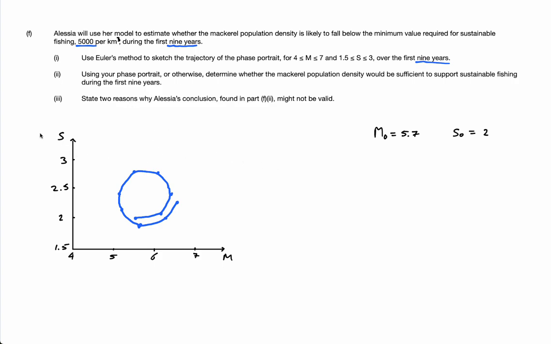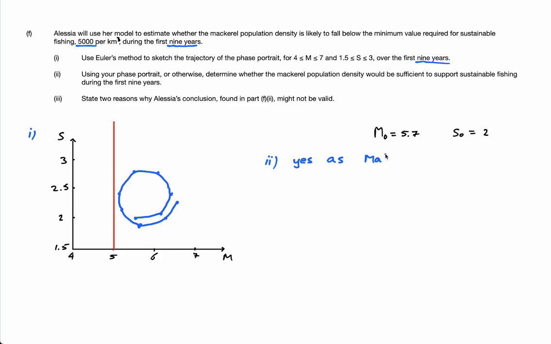That is part 1. Part 2, using your phase portrait or otherwise determine whether the mackerel population density would be sufficient to support sustainable fishing during the first 9 years. Now, guys, this is the key. Look, 5,000 for mackerel is the minimum in the first 9 years, and this is what's happening in the first 9 years. Now, notice none of these points were less than 5. So the answer to the question is yes,